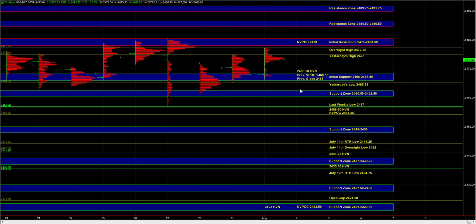On the upside, the main area of resistance is 78 to 80.5. That marks the all-time high and the upper edge of the current balance area, and in order for the market to put in a sustained breakout above 78 to 80.5, we do have to see broad market strength and sustained upside momentum. On the downside, a break below 66 to 68.5 would signal short-term weakness and bring the 60.5 to